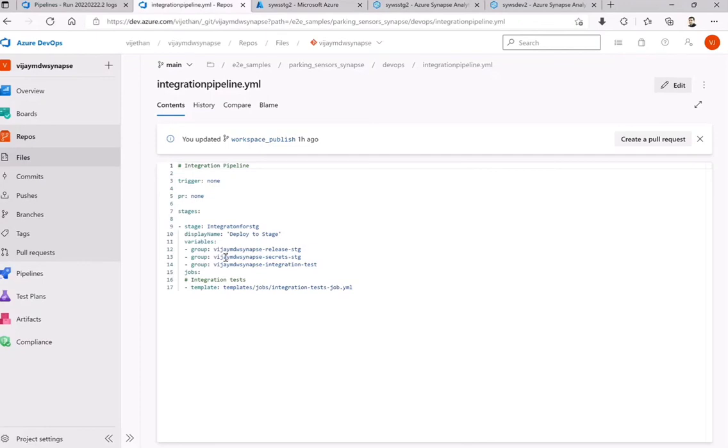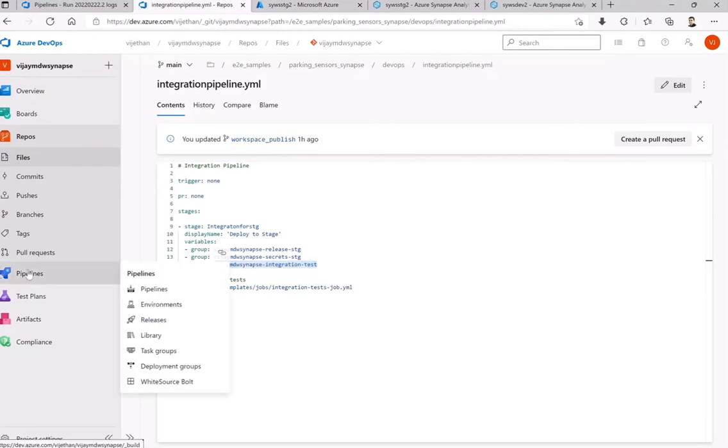And once you do that, make sure you have the respective release and secret groups. So if you are doing the staging, then it should be staging. If you're doing the production, then it should be production, or the dev. Similarly for the integration test, this should fetch your integration account, the service principal which we created. So you have to pass on the environment variables, that is nothing but the object ID or application ID, then secret and the tenant ID along with the name. So that is what you have to pass in this group.